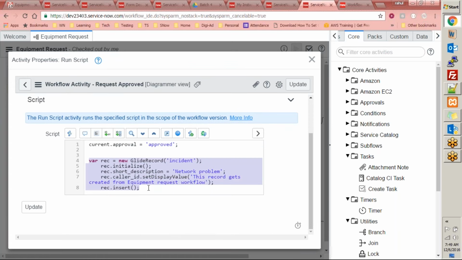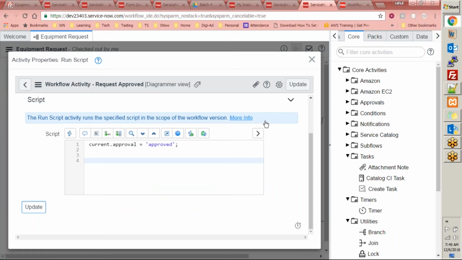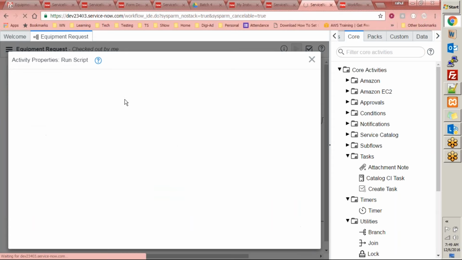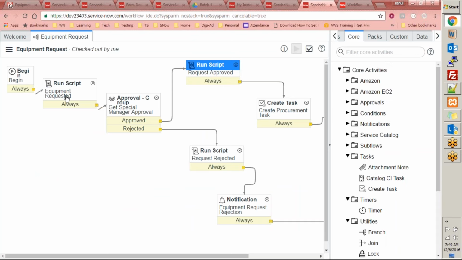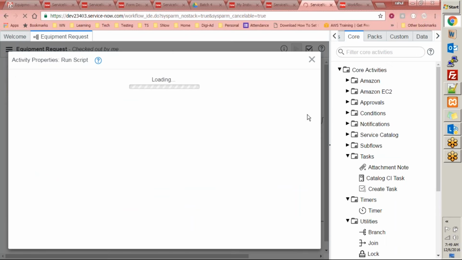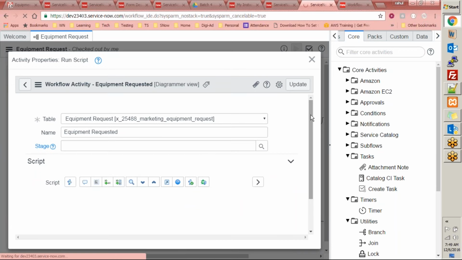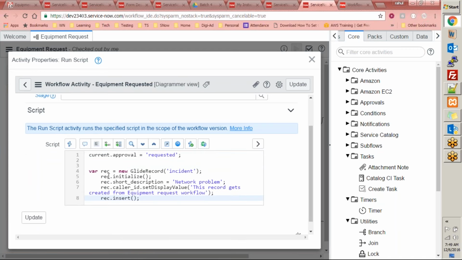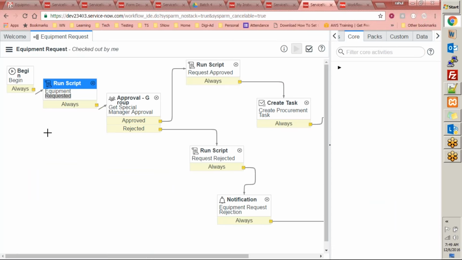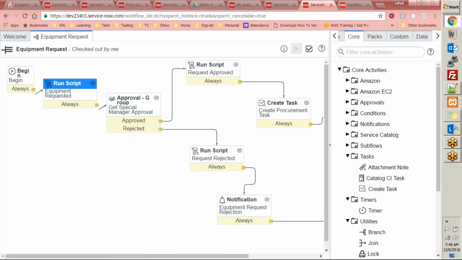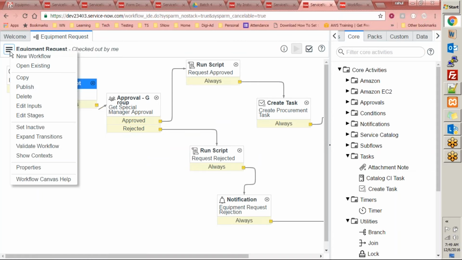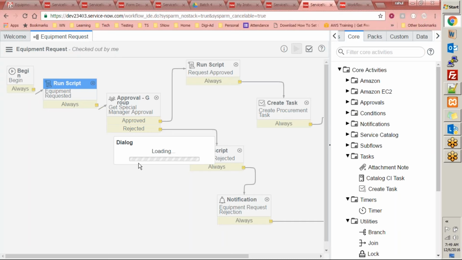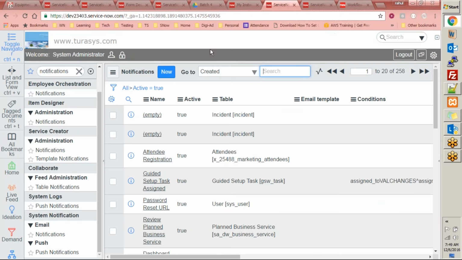I'll cut this script from here. On the very first run script that we have here, okay, so we have that script in the run script section here. Now let's publish this. We just published. Now what we need to do is